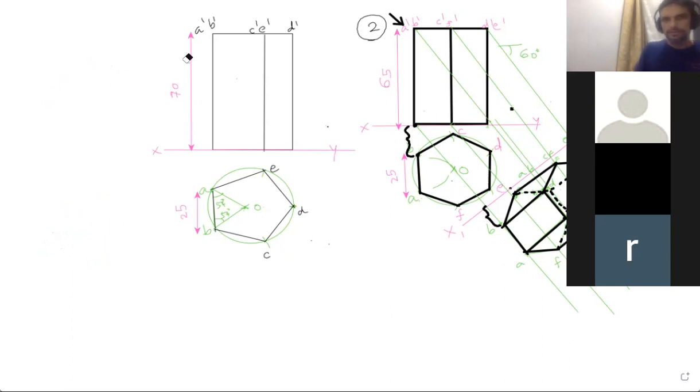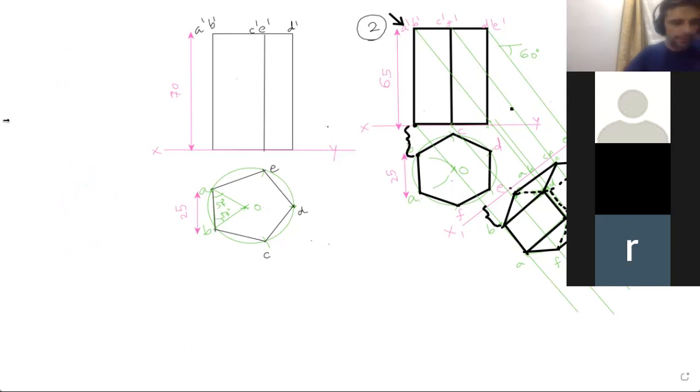You can draw the 72-degree method also. If you are not comfortable with this method, what you can do, you can draw a line, then take 72 degrees on both the sides with a protractor again. But you have to keep the protractor like this, vertical. Then you take this side, and from here you cut on this side, from here you cut on this side, from here you cut on this side, from here you cut on this side. So when you do this, you'll get a pentagon. Got it? This way also you can manage.